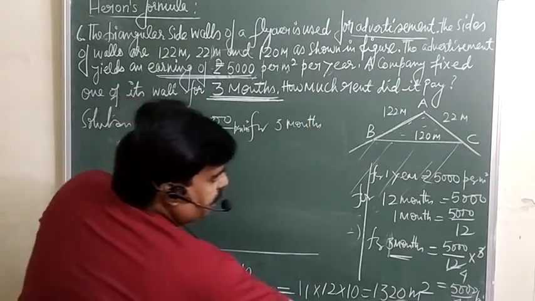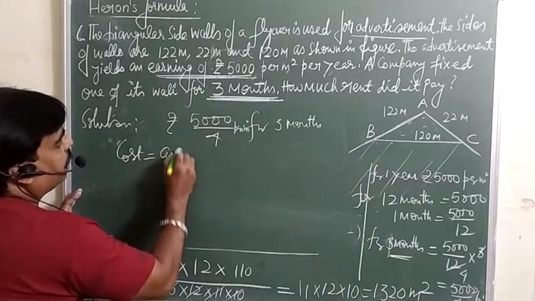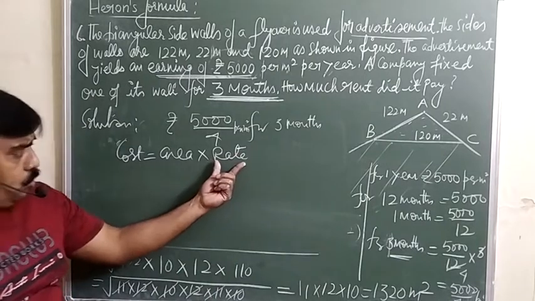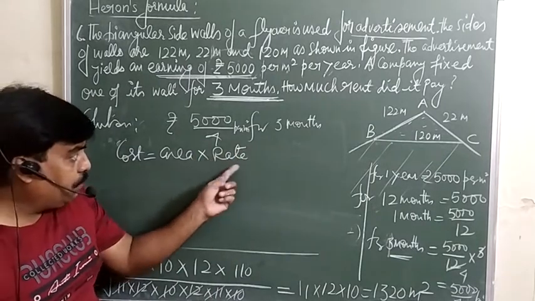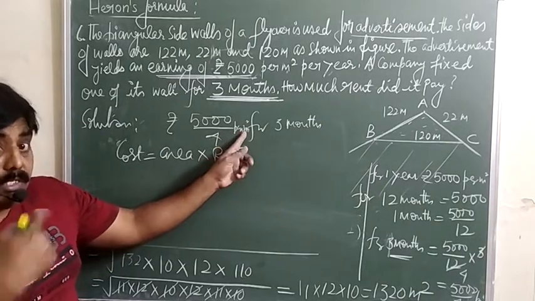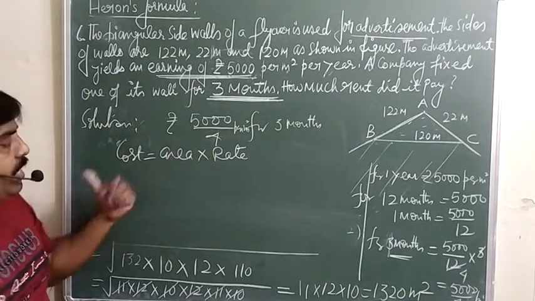But your area is this one. So to find the cost is equal to area into rate. See, you should be very careful. अगर हमारा रेट पर मीटर स्क्वायर है तो एरिया शुड बी इन स्क्वायर. Suppose rate is given per meter cube, it means volume is there. Per meter given, it means perimeter will be there. So you should be very careful here.